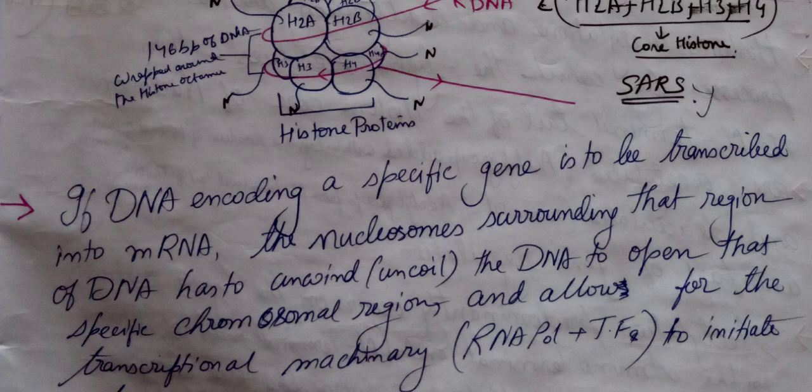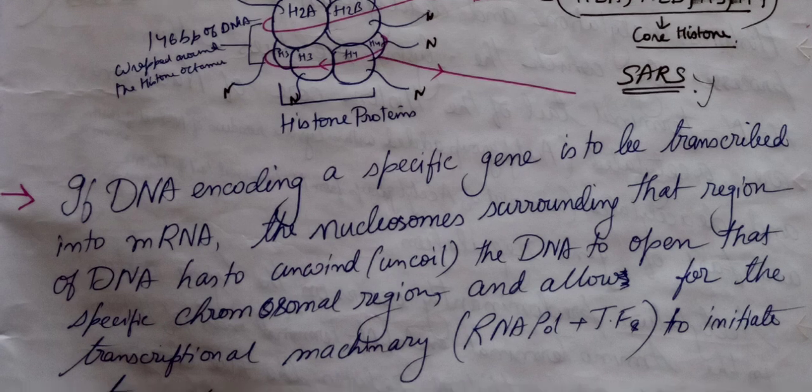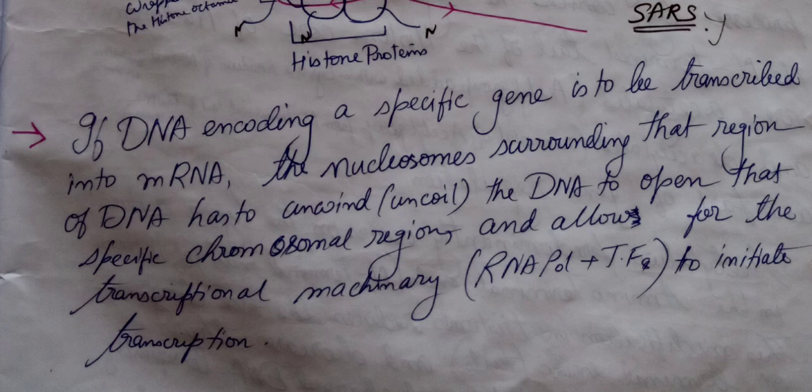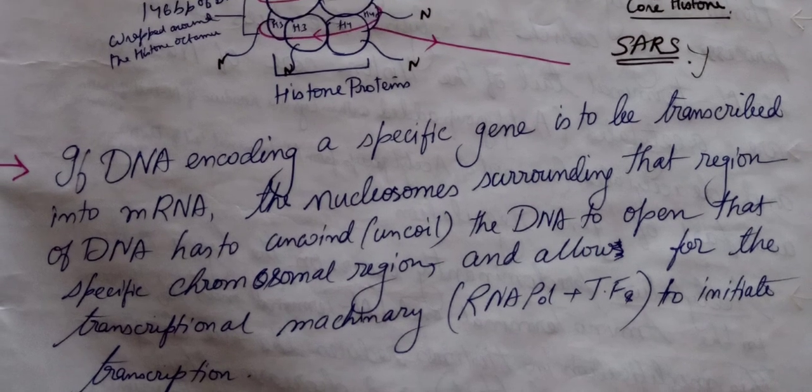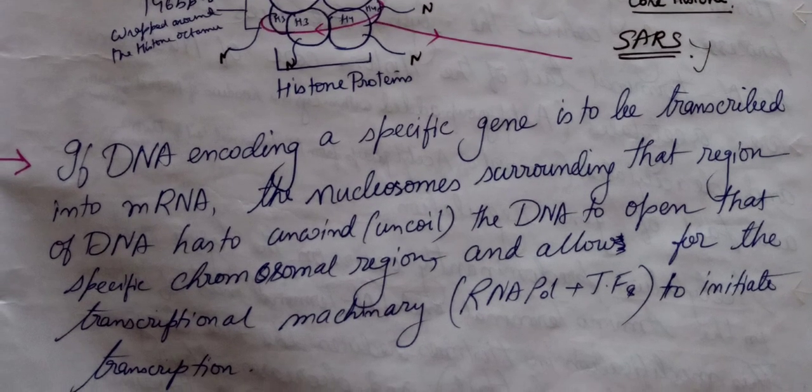It has to uncoil now, to open that specific chromosomal region and allow the transcriptional machinery, that is your RNA polymerase, to initiate the transcription. So suppose a particular region of that chromatin is required by the cell, that yes, we want to transcribe this region, we want to express that gene into protein. So that only that region of the DNA will be unwound,